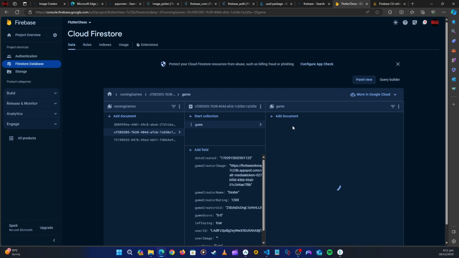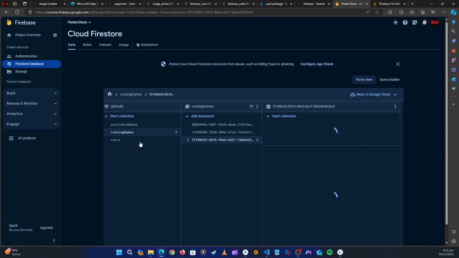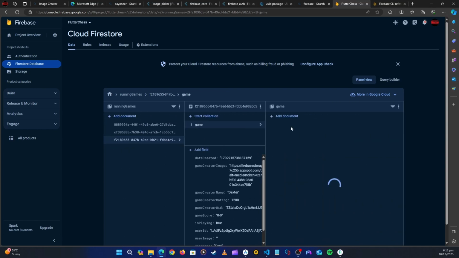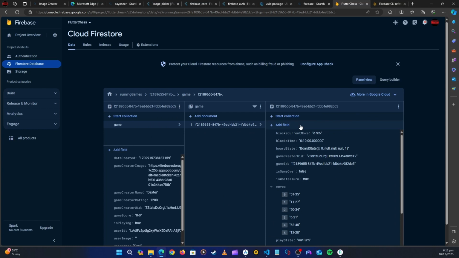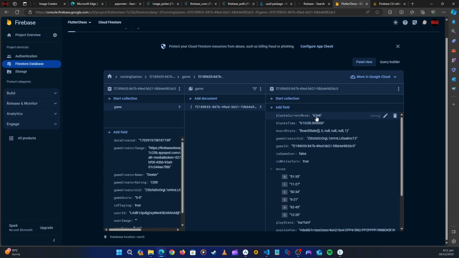Let's check this one. It's not this one, it's actually this one. I've seen that the moves were updating here, and this is black's current move, this is white's current move. Okay, so now the reason why we're not saving this, let me show you.